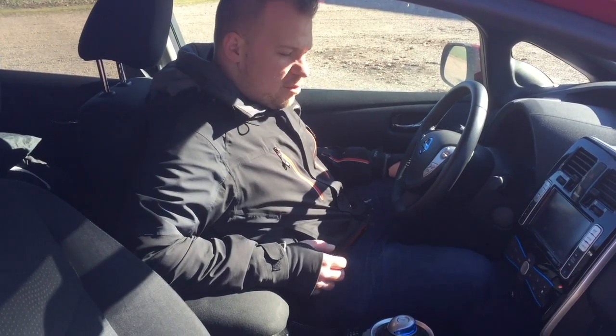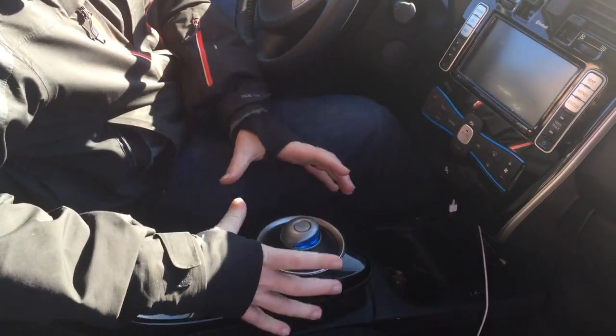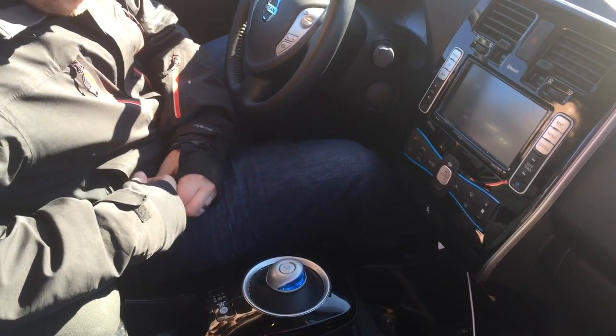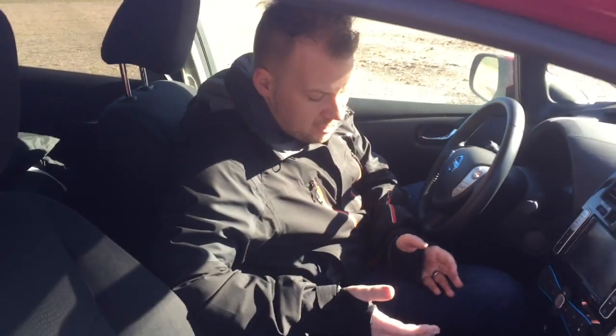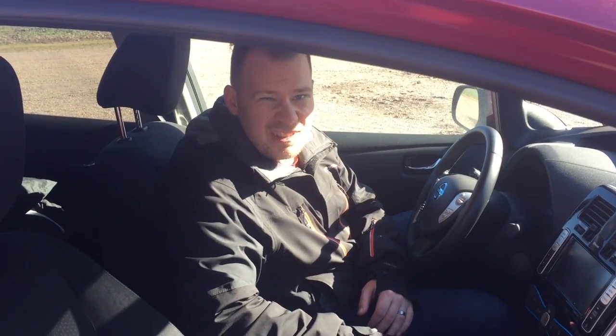One thing that is really cool is the gear shift in the Renault Zoe. Here it's this joystick, and it looks really cool, and it's really awesome to shift gears with this, but I mean, it really is a joystick. The car drives very nice. It's surprisingly reactive, I know, in the eco mode on this car. You just press on the gas and it just